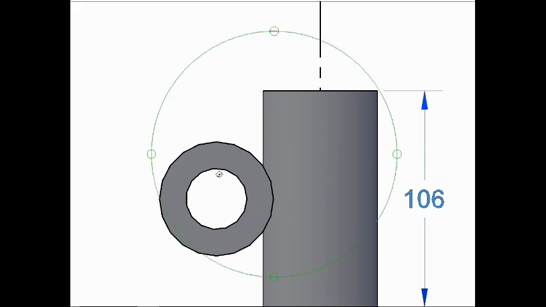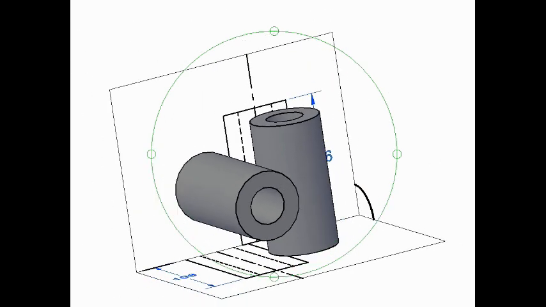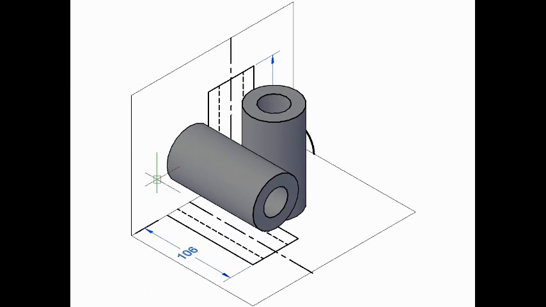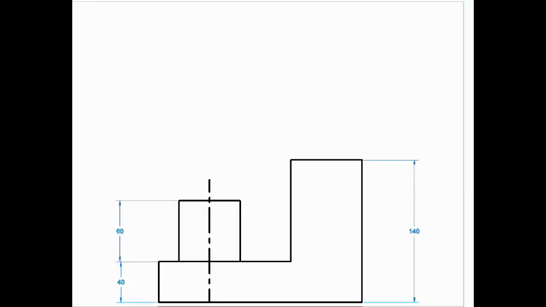So this way we are able to imagine the given object by looking at the front view and top view. Generally, two views of an object are given, and we have to imagine how the object looks like. So here this is the top view of the object, and this is the front view of the object.